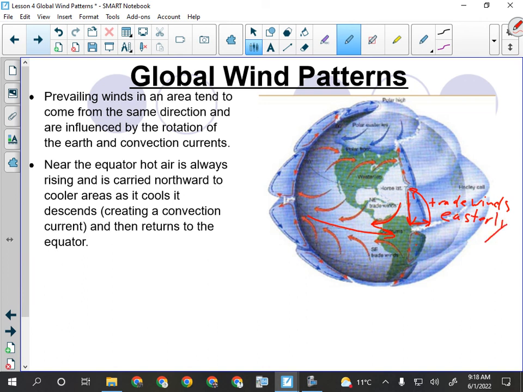Winds are always named from the direction they come from. We get westerly winds because they come out of the west. At the equator, we get the trade winds, which are easterlies because they come from the east. Now, as we get out of this area and get to what's called the horse latitudes,